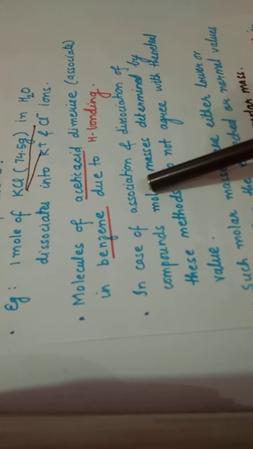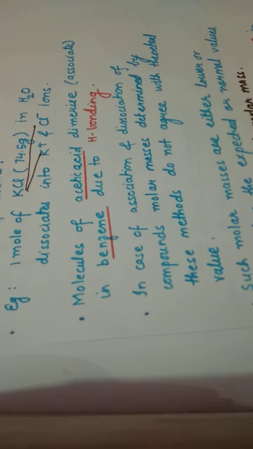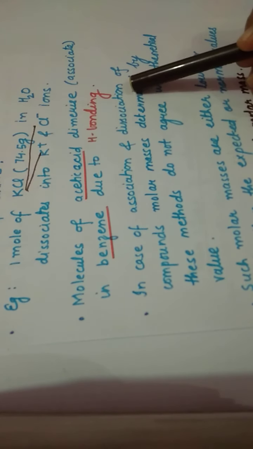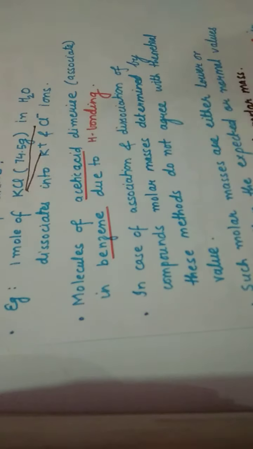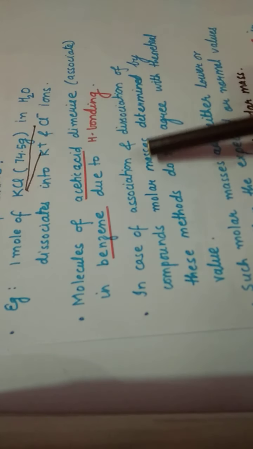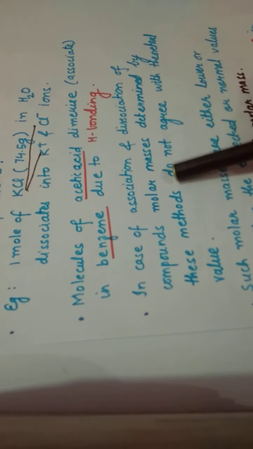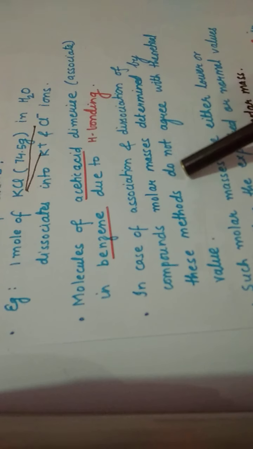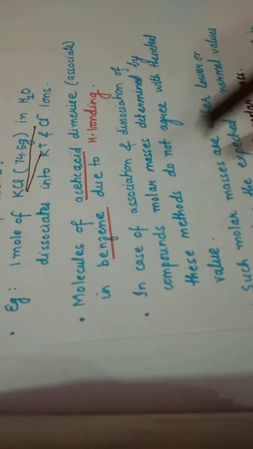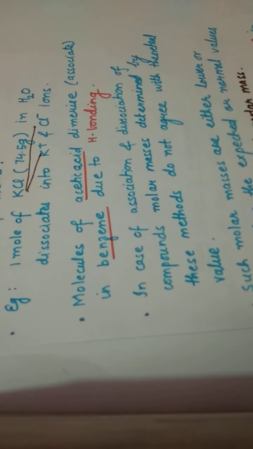In case of association the example is ethanoic acid in benzene, and in case of dissociation the example is KCl. Whenever you consider these two cases, the molar mass of the compounds determined by these methods